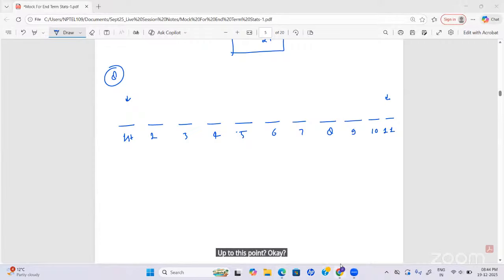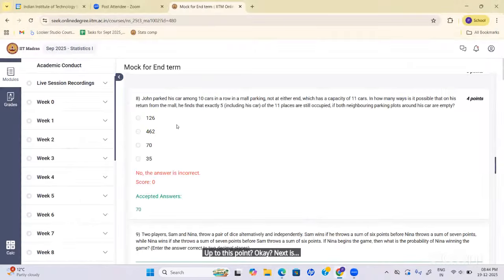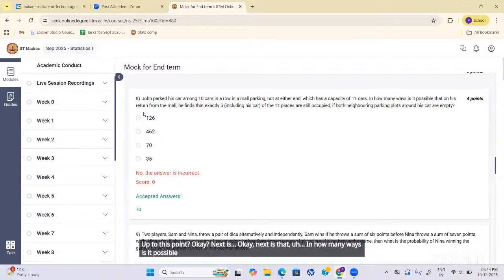Next is, in how many ways is it possible that on his return from the mall, he finds that exactly 5 places out of the 11 places are occupied, and those 5 include his car also. And the other thing is that both the neighboring parking slots around his car are empty. Which means